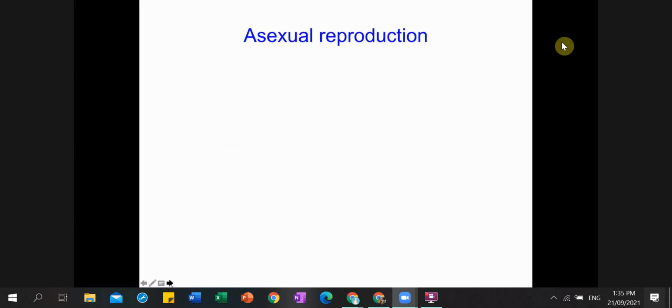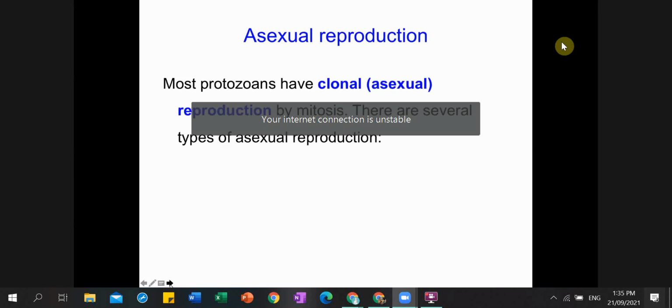For asexual reproduction, right? There's also different kinds of asexual reproduction for them. Most go through what we call clonal reproduction, and it